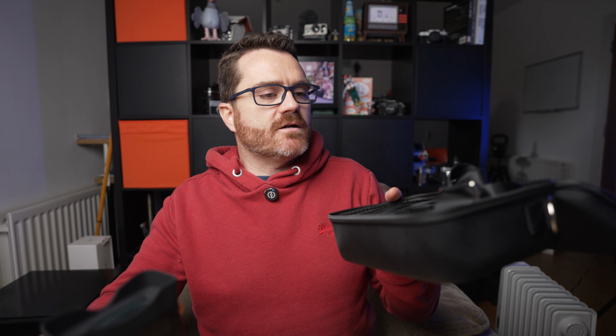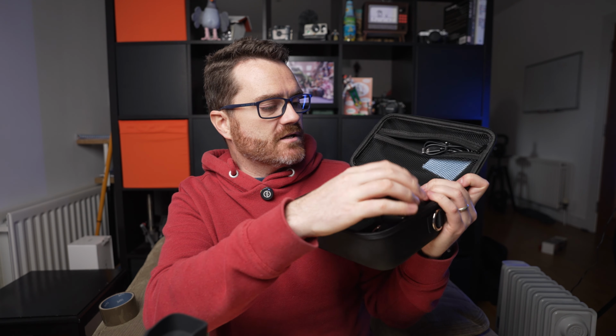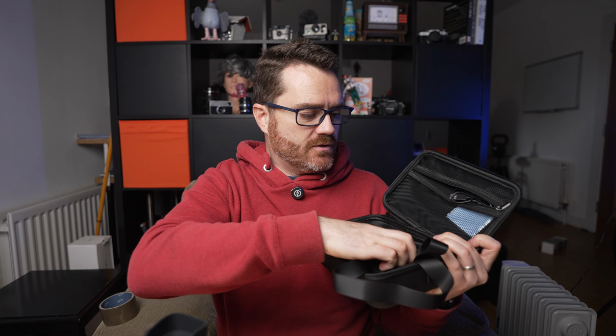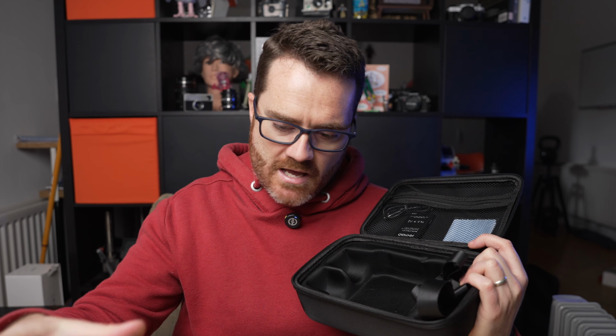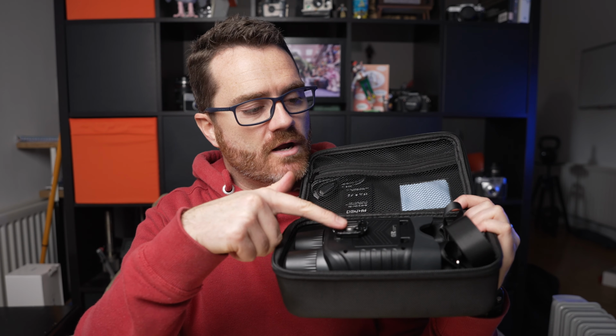The goggles come with this handy storage box here. There's also a neck strap that you can attach, which is great for keeping them close to hand. You can take your battery and put it in the top there, along with your charge cable. There's a lens wipe in there. You could add a few other bits and pieces. And then the goggles themselves sit in here. And what I like is there's enough space that you can put them in with a tripod plate still on them. That closes over nice and compact,